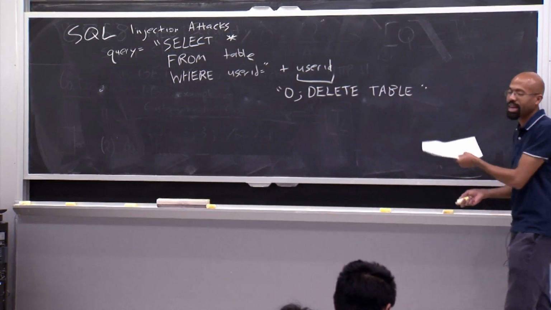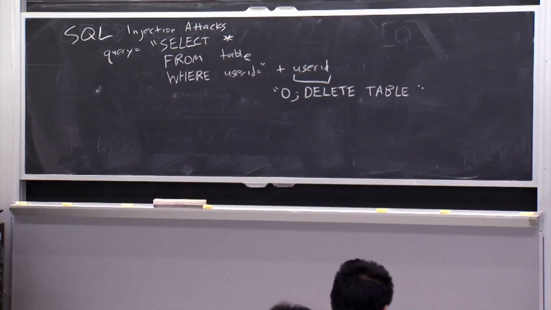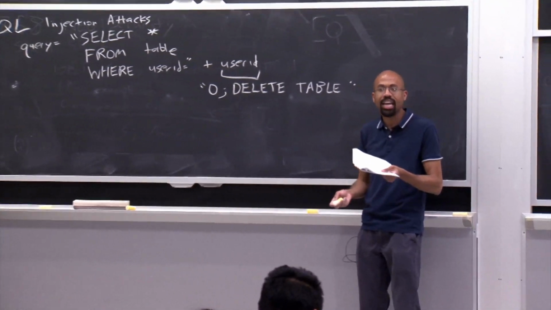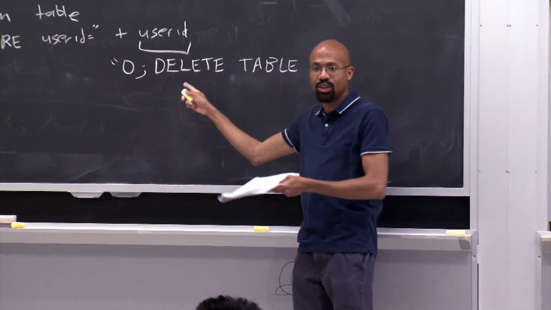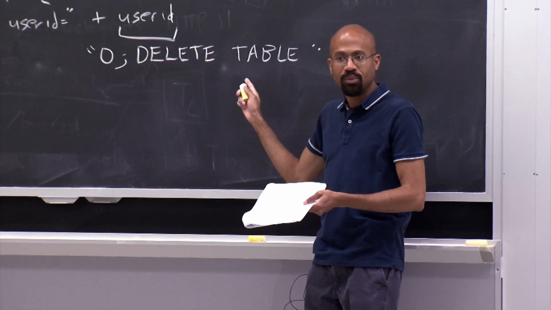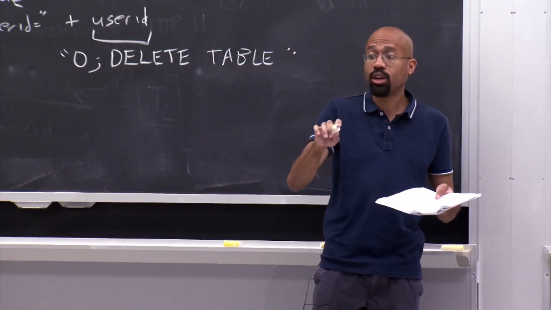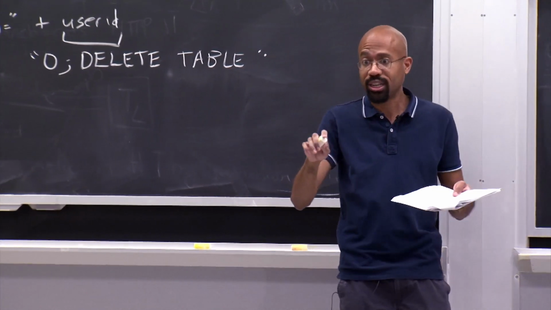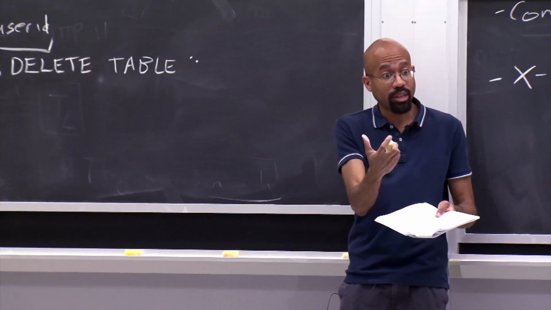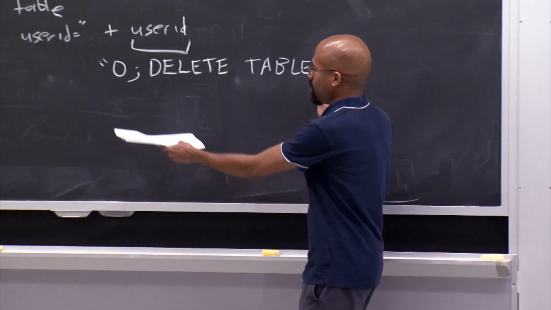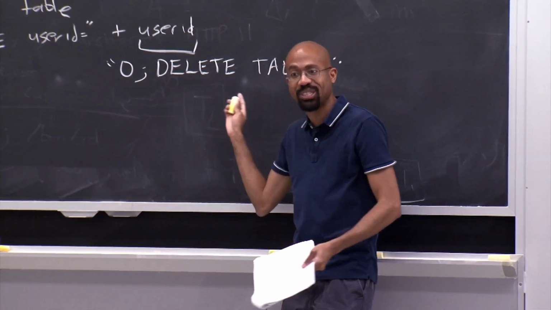And in fact, there was a viral image that went around a couple years ago. It's unclear if it's true, like many of these viral images, but it was that people in Germany had license plates that actually said 0, semicolon, delete table. Because the idea is that the security cameras would use OCR, optical character recognition, to figure out what your license plate was, and then put it in a SQL database. And so there are images floating around, these Volkswagens, people would have this as their license plate.